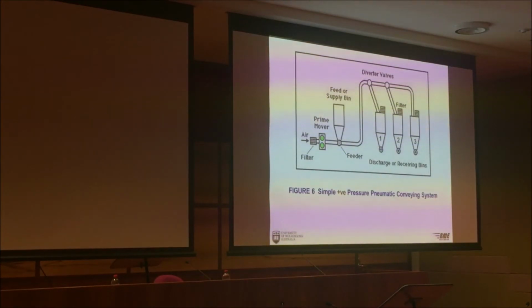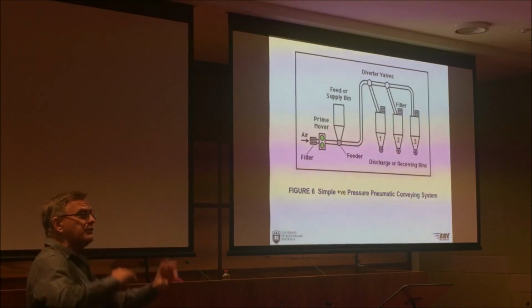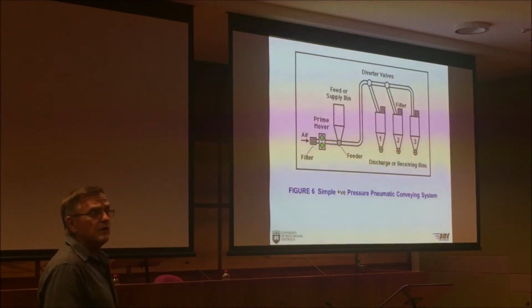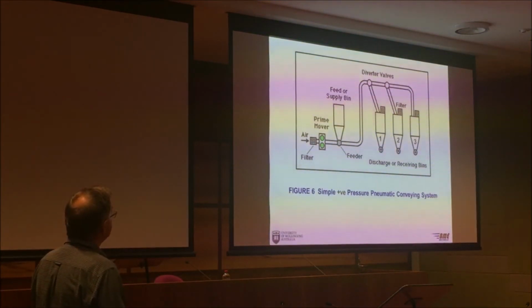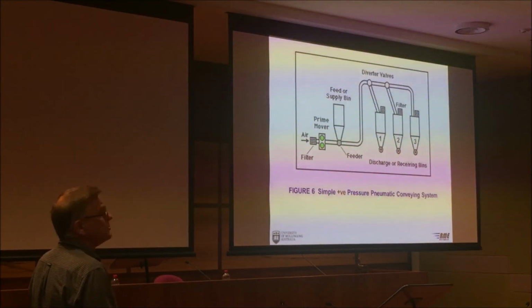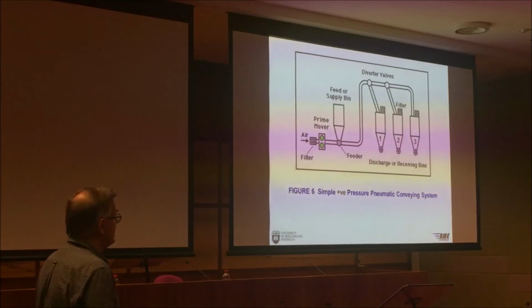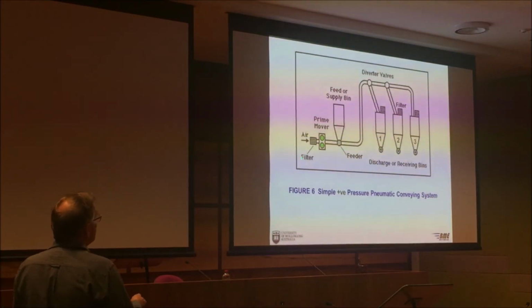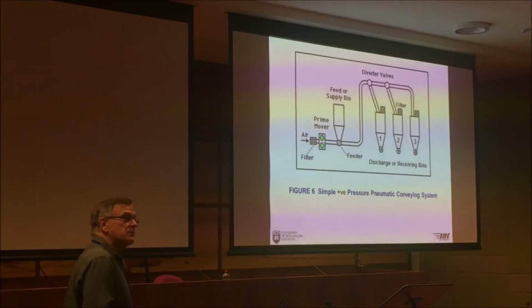All right, let's talk about systems. So let's bring it all together again. We talked about all those components individually. Now we want to bring the whole thing into a pneumatic conveyance system. So this is a typical schematic of a very simple positive pressure or blowing pneumatic conveyance system. So we have an air mover there, that can be a fan, it could be a compressor, it could be a blower,